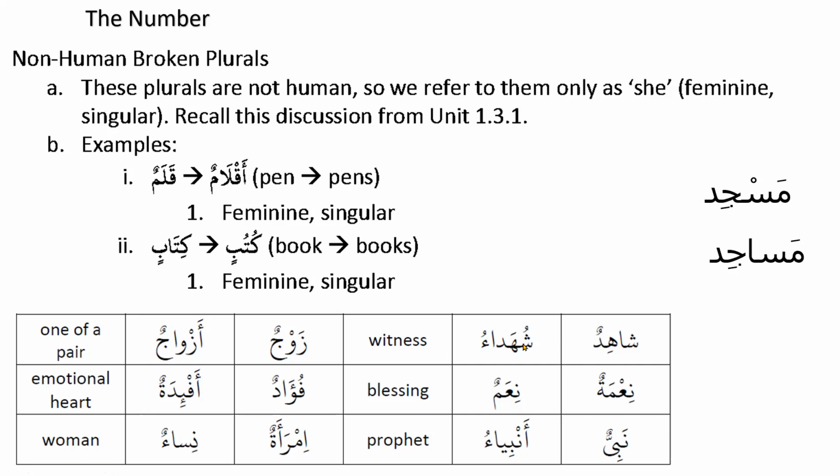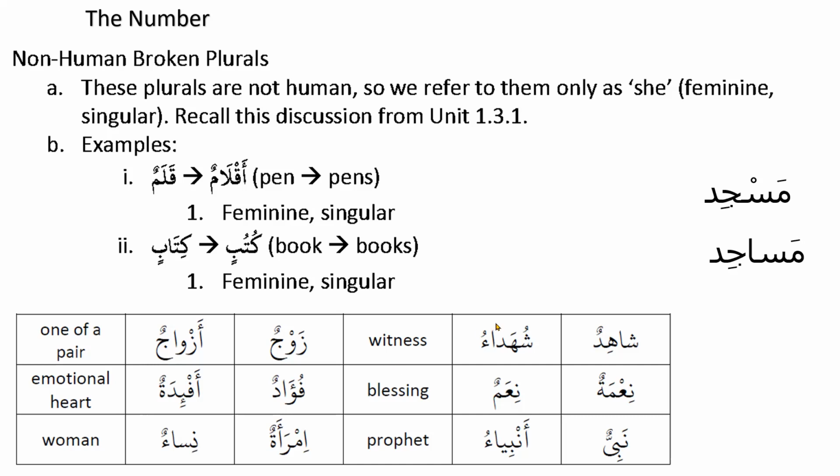Why did I say broken again? Because shahidun, like Muslimun, doesn't become shahiduna or shahidina. It's shuhada'u. An extra alif came in the middle. And see, there's no rule for that. For masajid, the extra alif came after the second letter, after the sin. Here, the alif came after, and not only alif, an alif and a hamza, kind of like alif mamduda. It's not exactly, but it is like alif mamduda. So there's no rule for how broken plurals get formed. You just have to memorize the words, right?